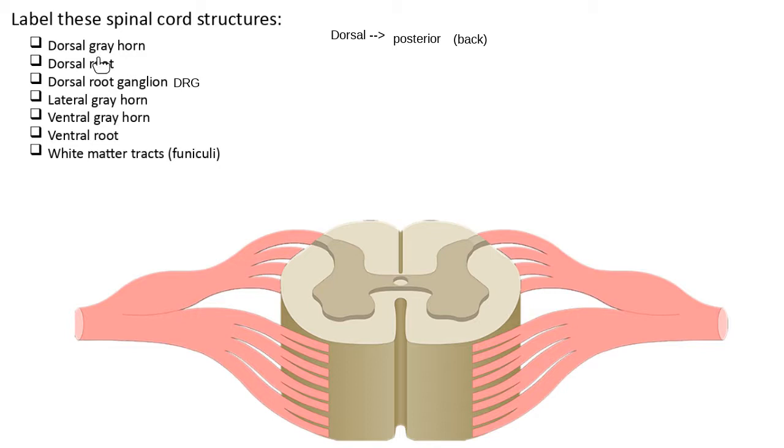Now the terminology root, we have a dorsal root and a ventral root. Remember that when we were talking about the spinal cord, roots are the things that attach directly to the spinal cord. My roots come together to form a spinal nerve, but those roots are those things that go into the two sides of the spinal cord. So when I'm looking at my spinal nerves here and I can see the roots,